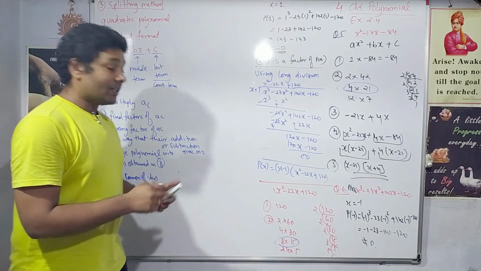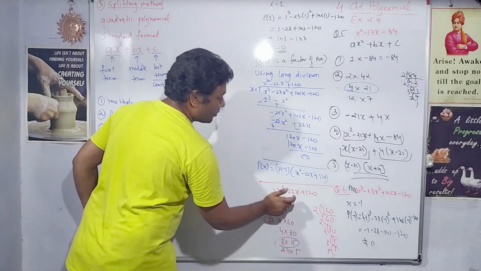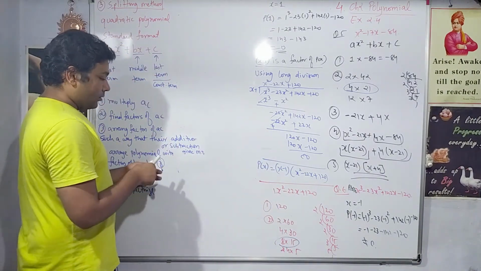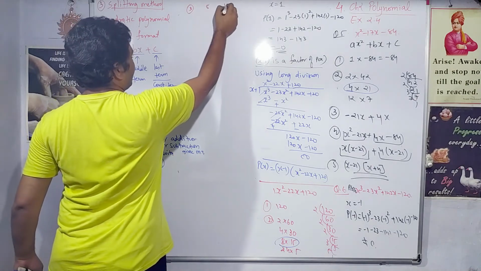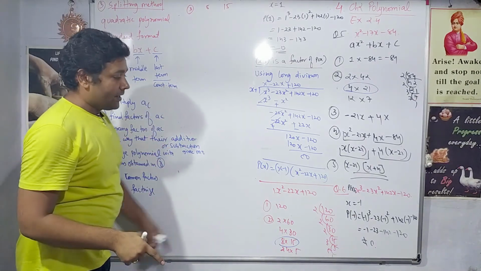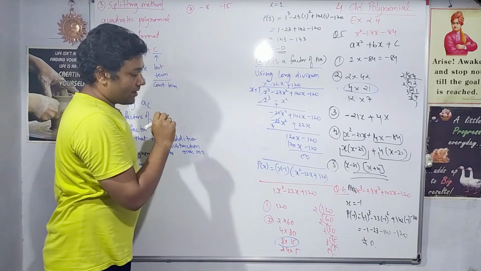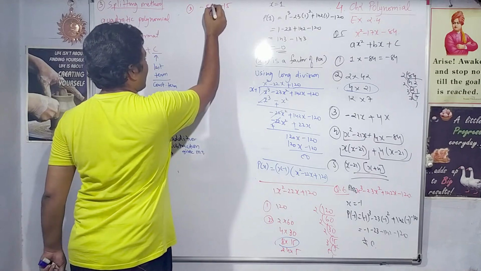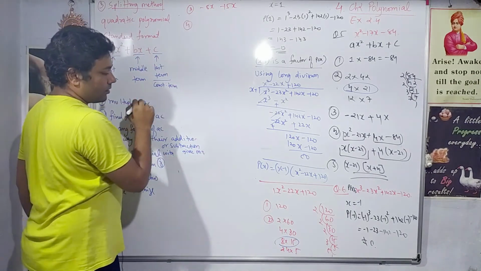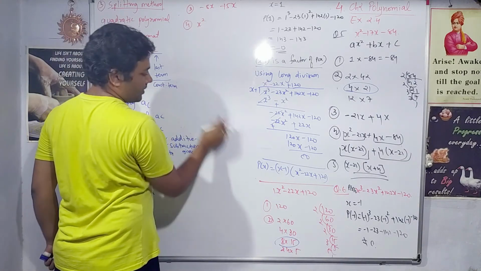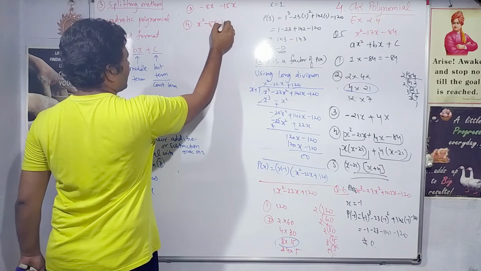8 and 15, its addition will give you 22. For the minus sign we will do the arrangement. So step 3: 8 and 15, since we have to add and we want a minus sign, both the numbers will have a minus sign. X also we have, so x and x. Step number 4: x square, instead of minus 22 we will write these numbers, minus 8x minus